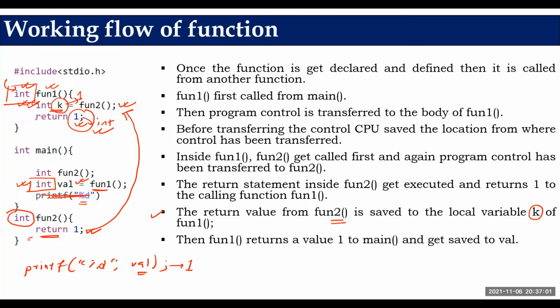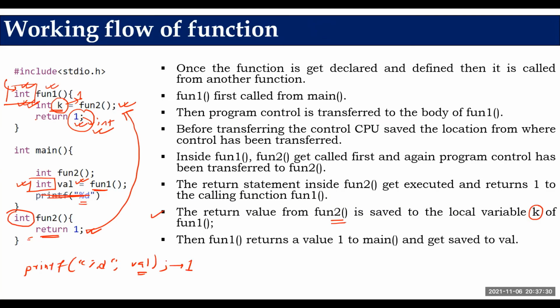So this is the flow started from a function. We call fun1, so it becomes two entities, calling function and called function. Main is the calling function and fun1 is the called function. The line number from where the function call is generated needs to be saved. So program control jumps to the body of the function and executes it. If there is any return value, it is returned. The return value should be saved, and you can use this return value anywhere. So let's see this in the compiler.